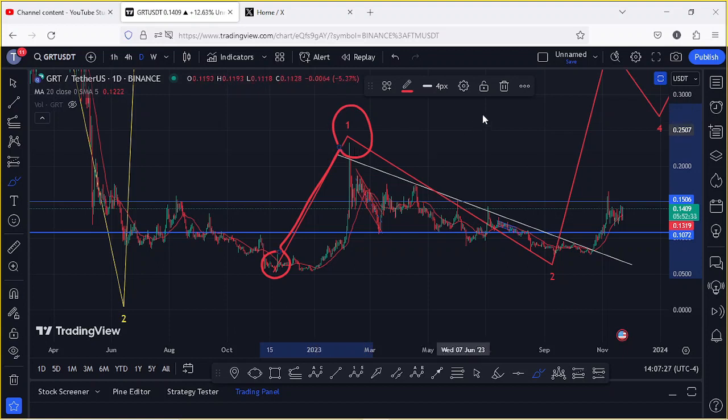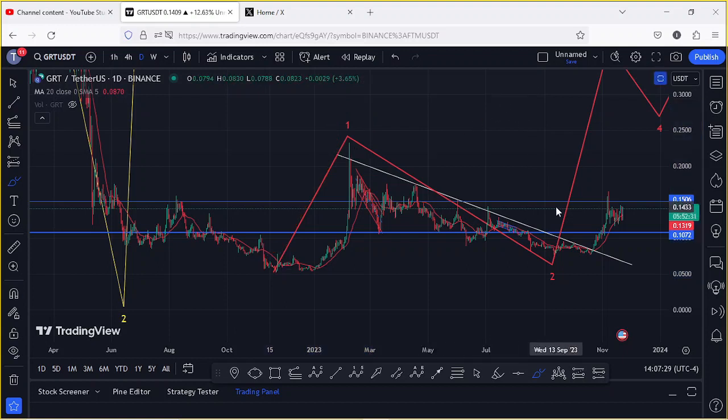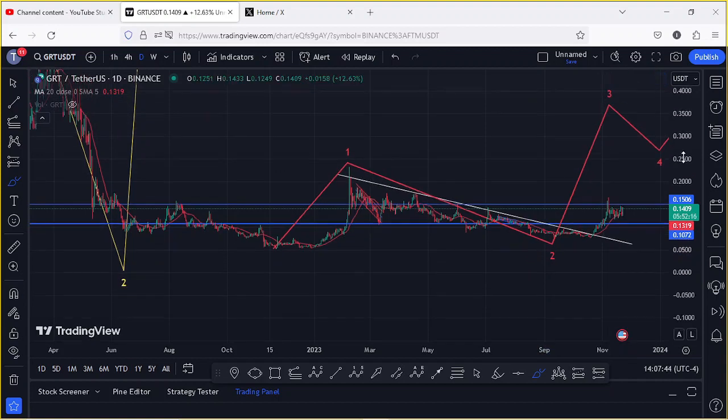And after seeing the formation of that first wave, we started a corrective structure in the formation of this wave 2, in a move that fully maximized minimum target areas for that second wave, giving us a low at around the $0.0786 mark. And since there are high chances that we now have a low in place for the second wave,